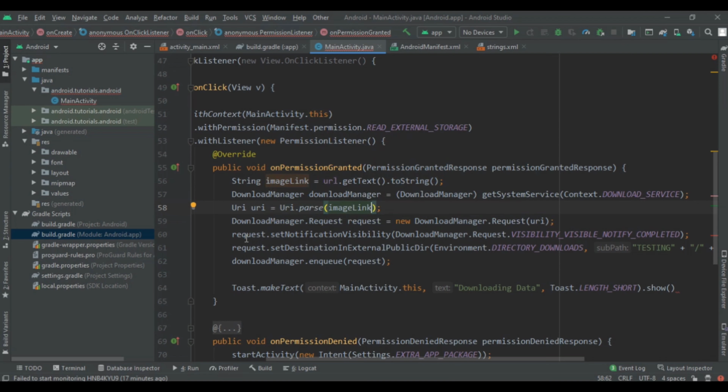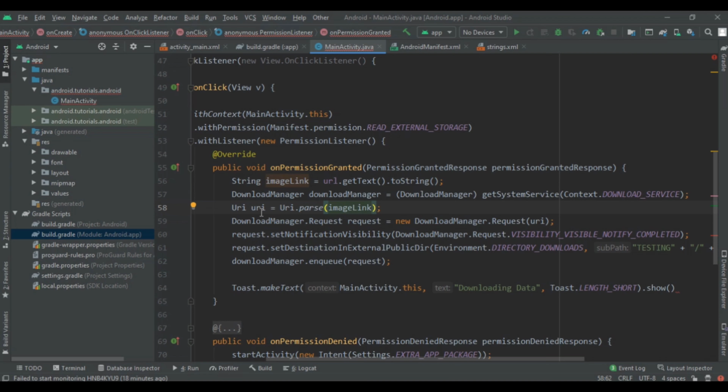So I am writing download manager dot request, and then request is a variable, new of download manager dot request, and here we have to pass the URI that we made. After that we are going to write set notification visibility to be visible notify completed, which means whenever the download is completed we will get the completion notification of that particular download process into our application.